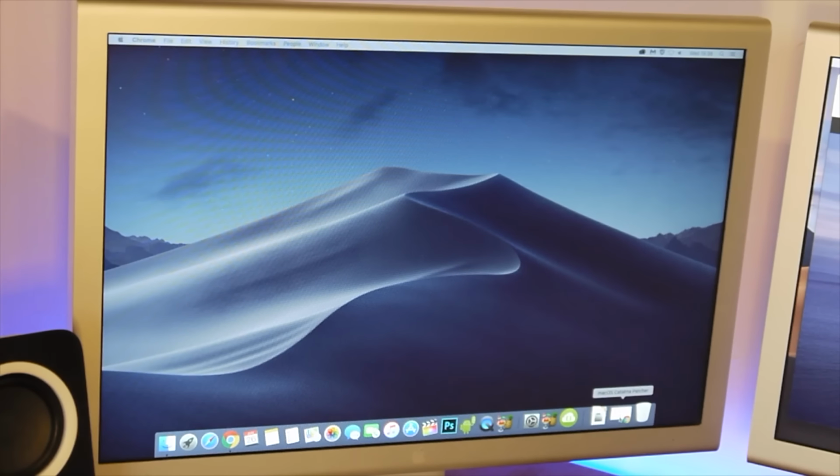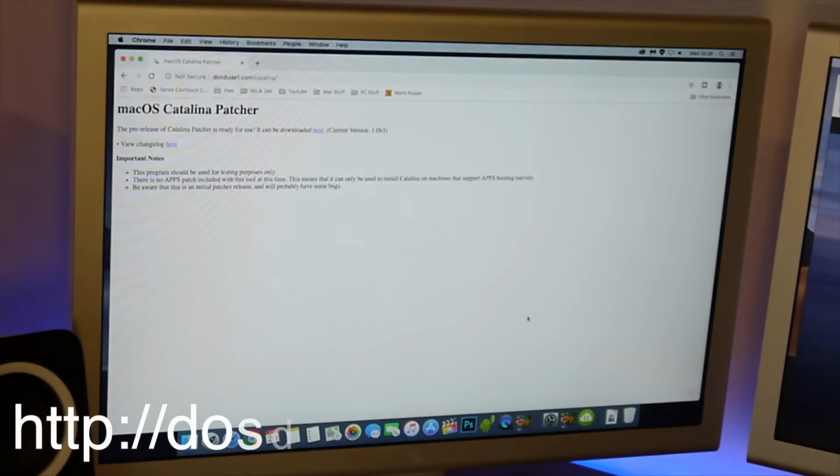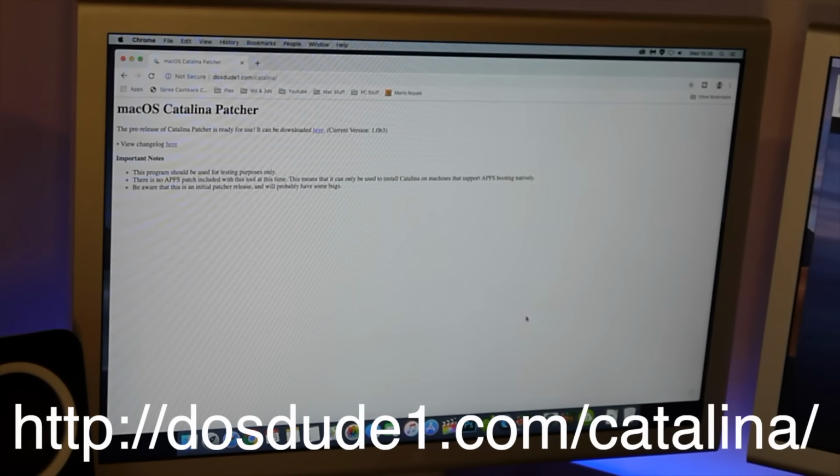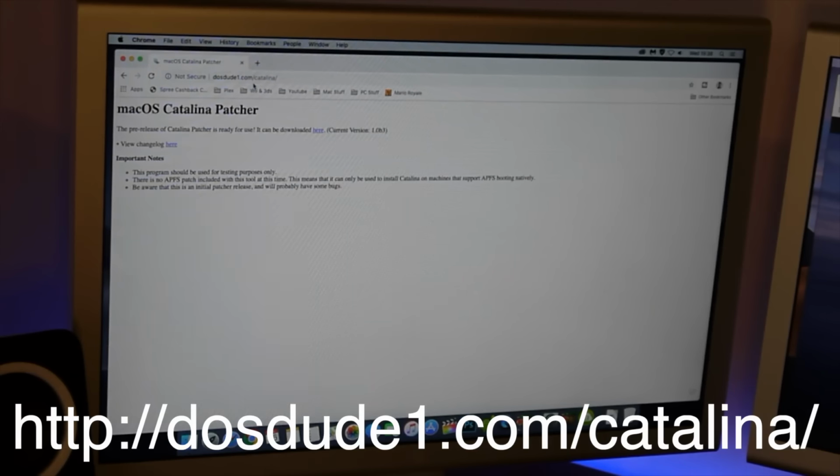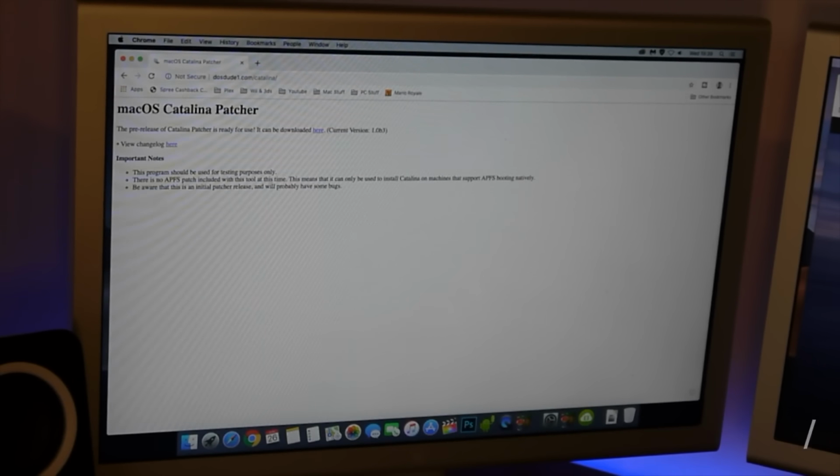So what we need to do is go to the Mac OS Catalina patcher site, and this is created by dosdude1. It's dosdude1.com/Catalina, and you can see the web address there, and I put it in the description below this video as well. There are a few notes, and that is this should be used for testing only at this point. There is no APFS patch included at this time, so this basically means that you've got to have an